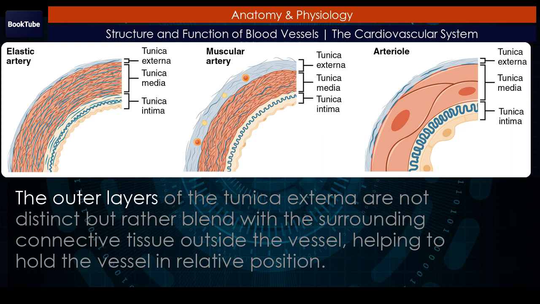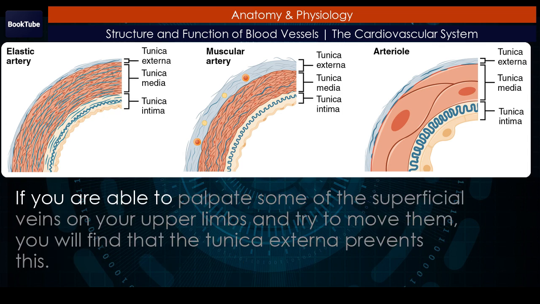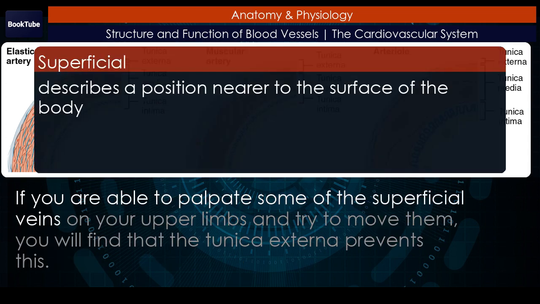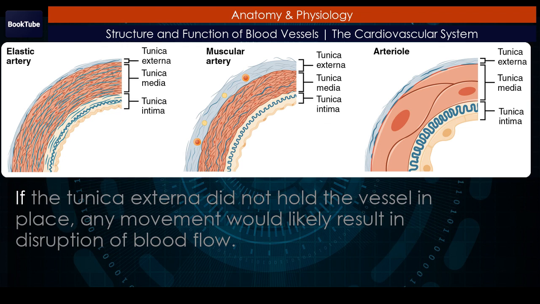The outer layers of the tunica externa are not distinct but rather blend with the surrounding connective tissue outside the vessel, helping to hold the vessel in relative position. If you are able to palpate some of the superficial veins on your upper limbs and try to move them, you will find that the tunica externa prevents this. If the tunica externa did not hold the vessel in place, any movement would likely result in disruption of blood